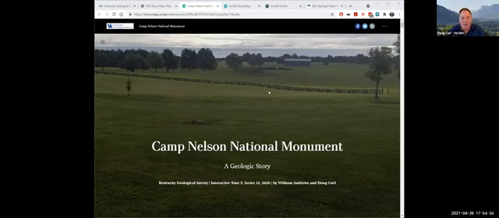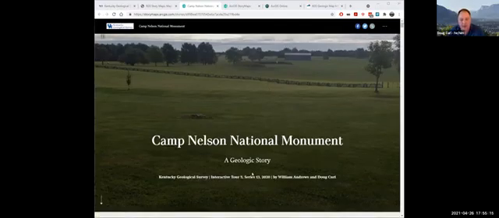So back to Camp Nelson. Camp Nelson was recently designated a national monument. Drew Andrews has had a high interest in Camp Nelson for a really long time. He was involved with Civil War reenactments and is friends with the staff at Camp Nelson. And Camp Nelson also has this really interesting geologic and geographic component to its location. And so we decided to get together and do a story map about Camp Nelson. I think it turned out really nicely. And so you see it's our interactive tour number 5.